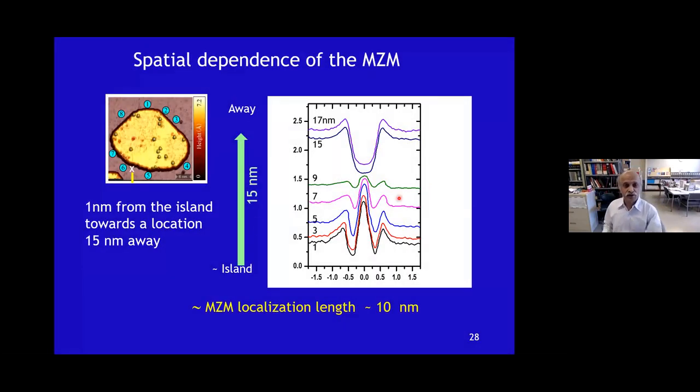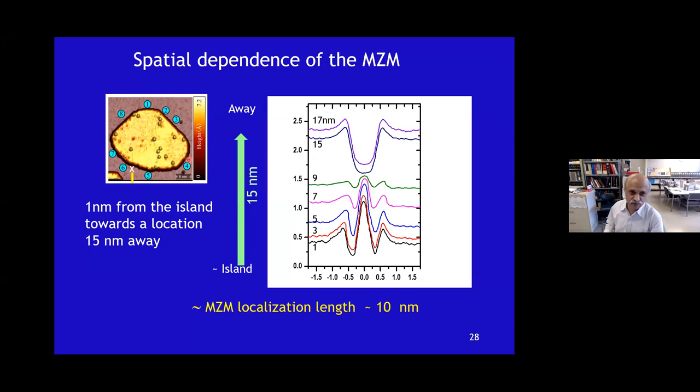So now in order to see how far this Majorana peak actually extends, we can go away from this edge of the island. So that's where you see the Majorana peak, and then you go more away. That's what is plotted here. You're about 1 nanometer away from the edge, then you can see this nicely defined peak, and as you go away by about 8 to 10 nanometers, you already hardly see this peak anymore. You see a nice hard gap opening up once again. So this is away from here.